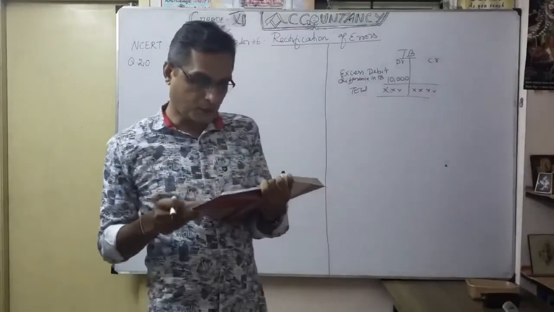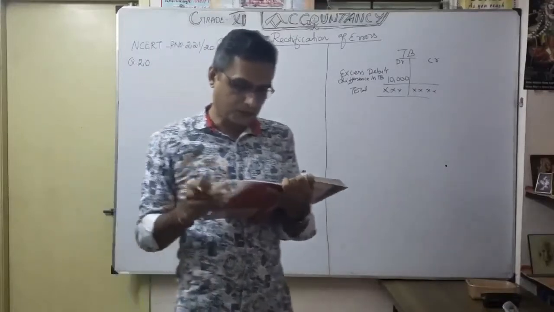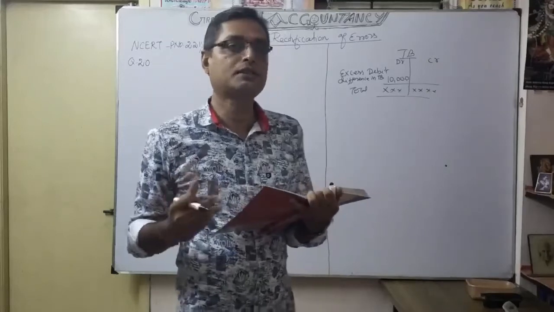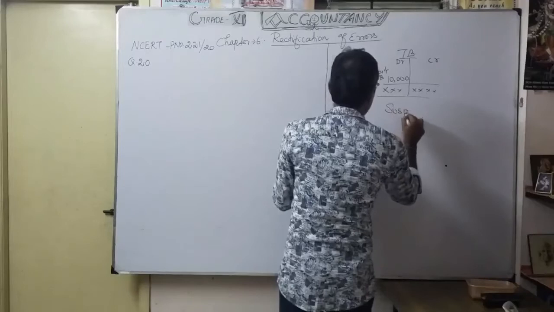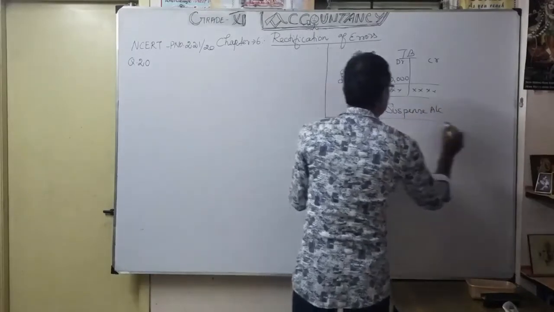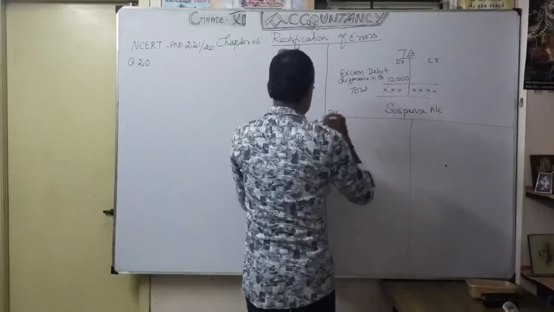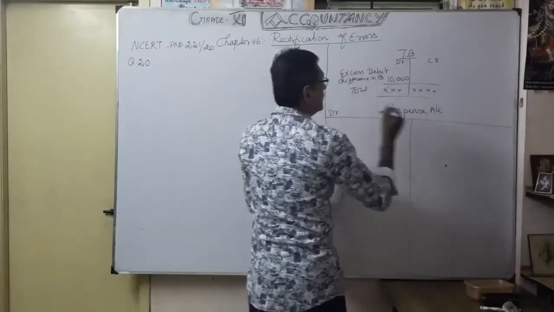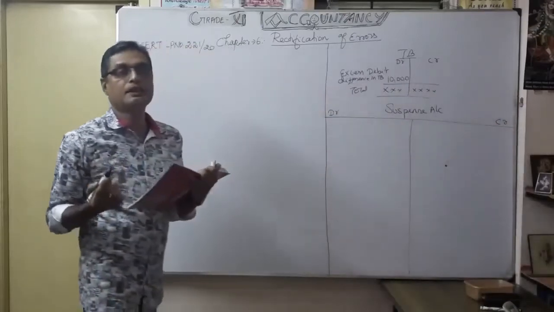So that is what this problem is about. They said you put the difference to the suspense account and discover the following errors. One by one, I am going to discuss. In this situation, how are you going to open the suspense account? Now we want to open the suspense account. This part is the debit side, and this part is the credit side. Which side do you want to open, debit side or credit side?